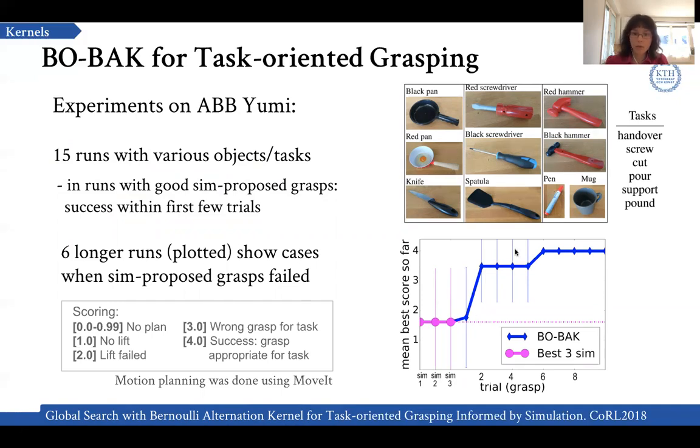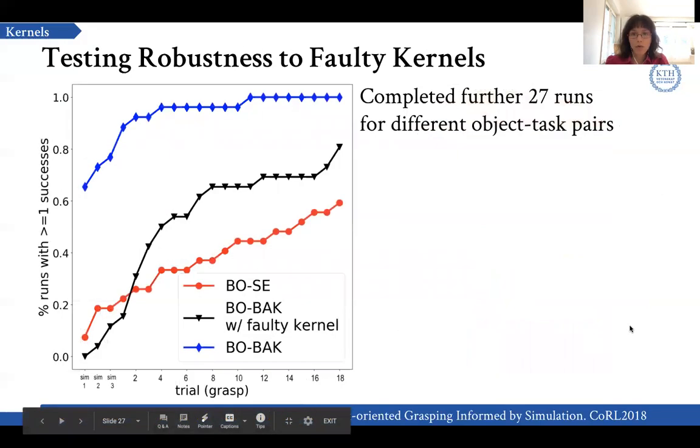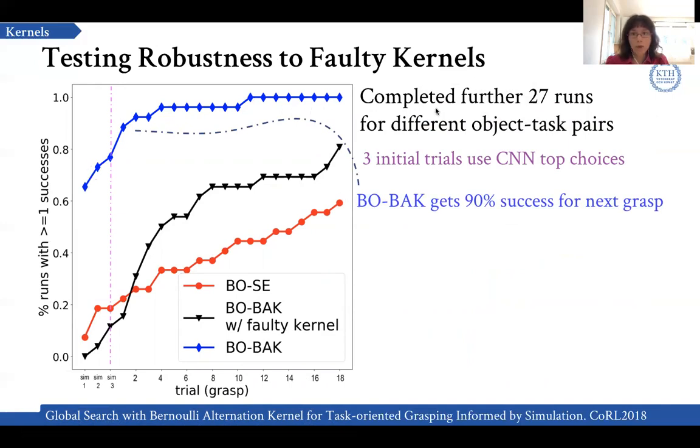So this is the performance, the mean best score here being whether the grasp was successful and stable. But moreover, what we can do also is recover from the more severe negative transfer. Here, this blue curve shows that on the further runs, we are able to use the simulation-based kernel with this Bernoulli alternation kernel approach and improve the success rate of task-oriented grasping by quite